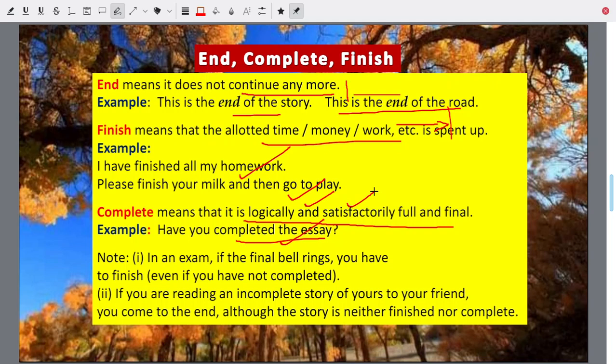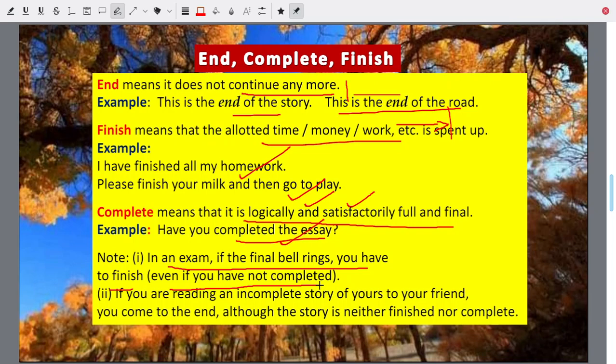Now here we have an example to give you the difference: end, finish and complete. In an exam, if the final bell rings, you have to finish even if you have not completed. You may not have completed the question paper, you may not have completed all the answers, but you have to